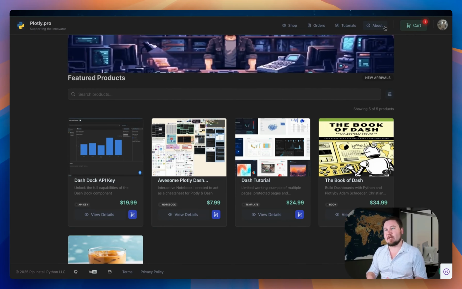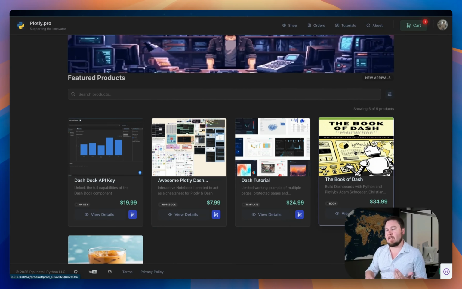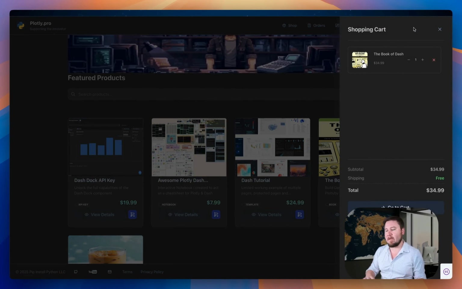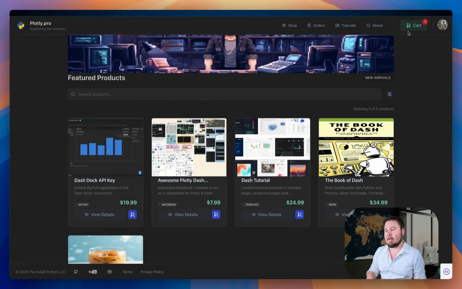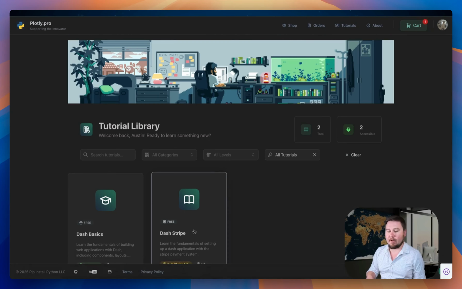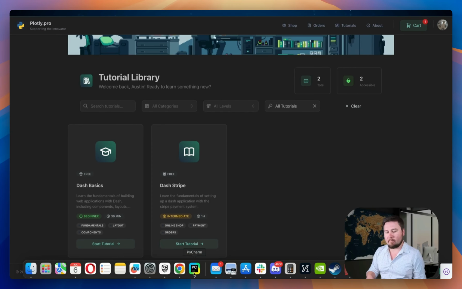But this is going to be an initial introduction where I'm going to cover all the bases, how to integrate Stripe into your application so that you can have something that looks clean, works amazing, and then you can easily check out and buy products. So with that, let's get started. I'm going to jump into the code, follow along in the actual tutorial, and let's